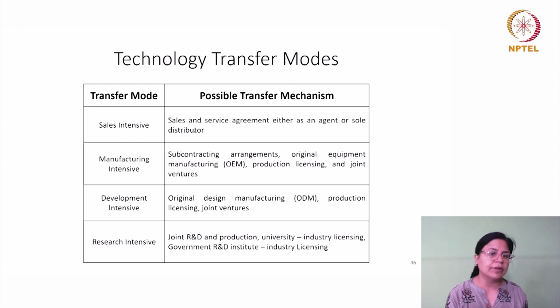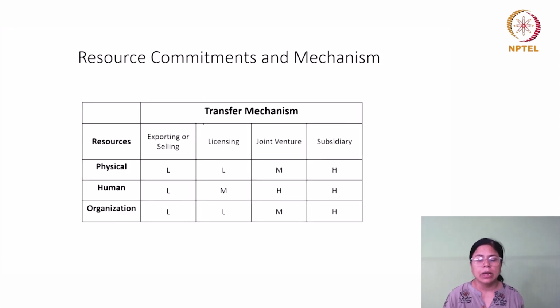When it comes to manufacturing intensive and development intensive, you may find that there might be a lot of overlap, and we will understand it in terms of a joint venture or an investment which takes place, like we talked about foreign direct investment and internalization. Research intensive, where international companies might get engaged in research and development activities through joint ventures or establishing centers with the universities, etc.